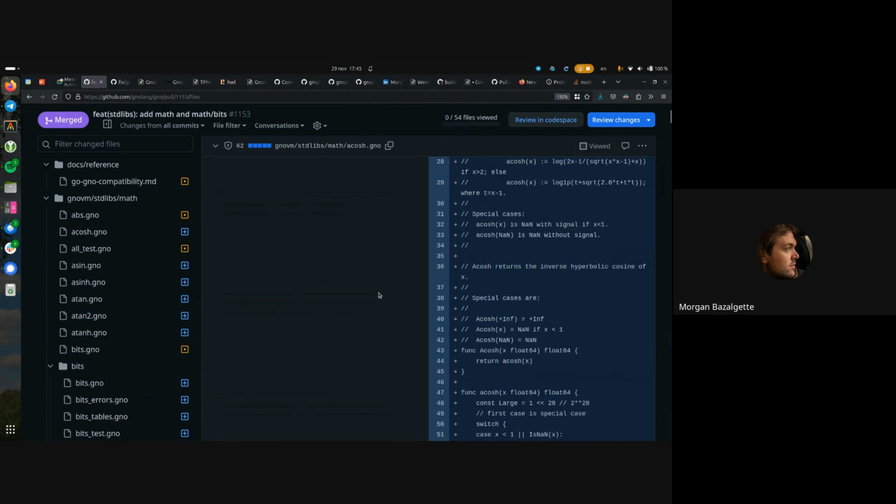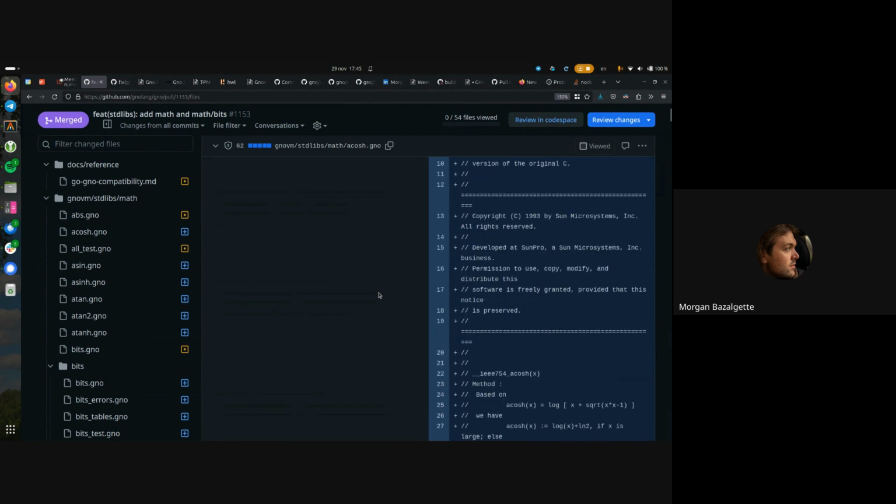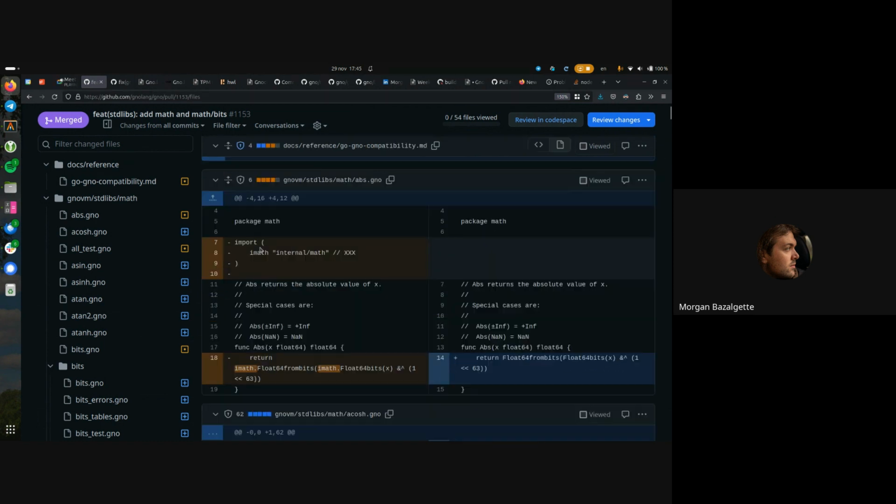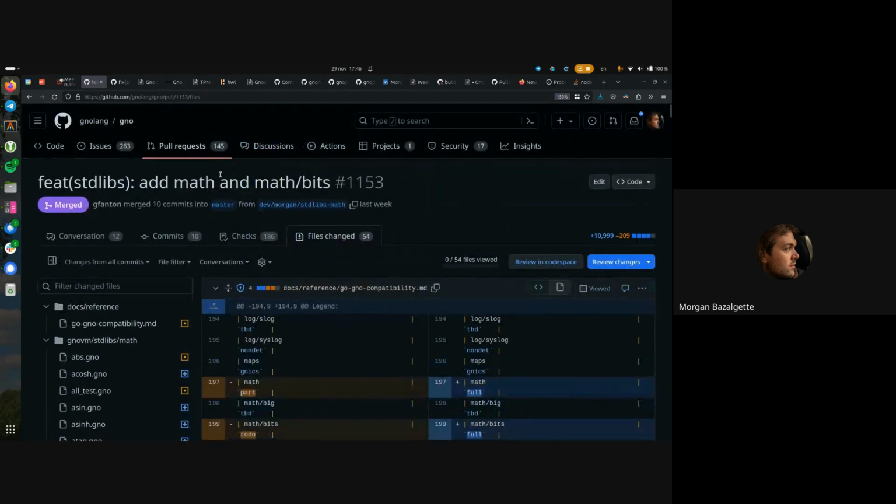What else? With this, I am now one step closer to importing the packages of Gnochess, because this was required by one of the Gnochess packages. I'll still need to add another standard library, which I'm making use of and is not completely available here, which is the strconv standard library.